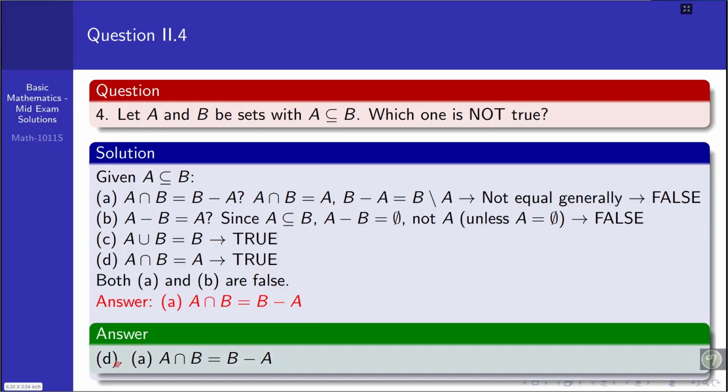Sorry, it is not D, rather it is A. This is the best alternative, that is A: A intersection B is equal to B minus A. So that is the answer. Then the next question,